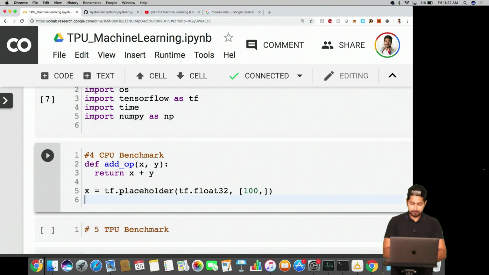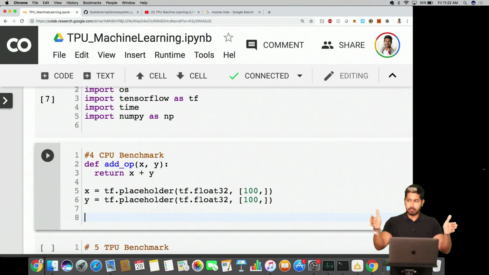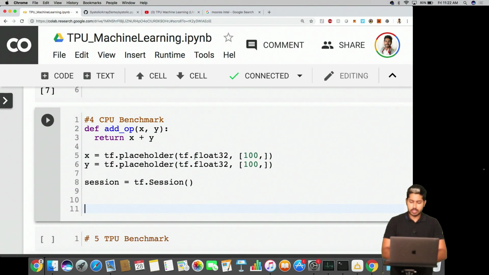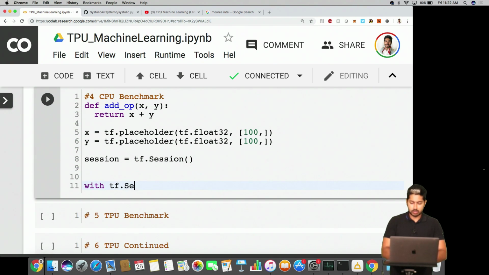Okay, so y is also going to be a TensorFlow placeholder, and we're going to input data into each of these in a second. So there are 100 possible values that are going to be here. Okay, there are 100 possible values. Now we'll initialize our TensorFlow session, our computation graph, with the tf.Session function. Remember, none of this is TPU yet. We're about to convert it into TPU code. So inside of our TensorFlow session,